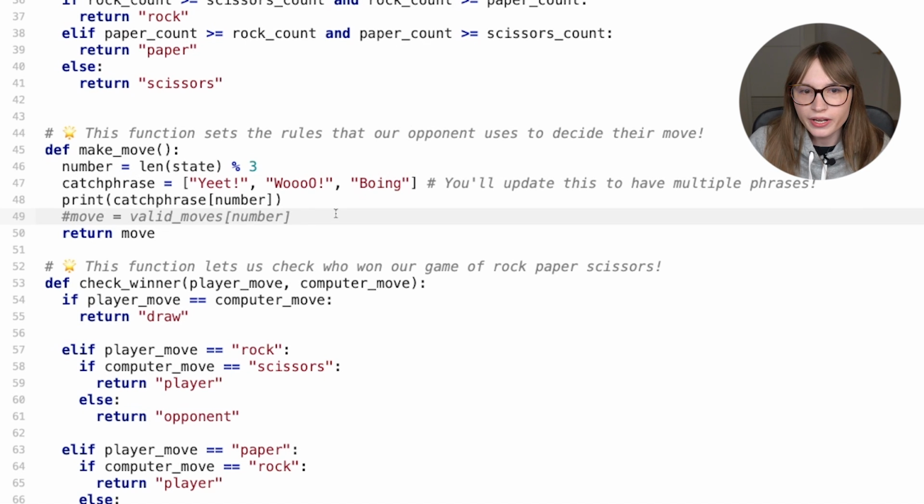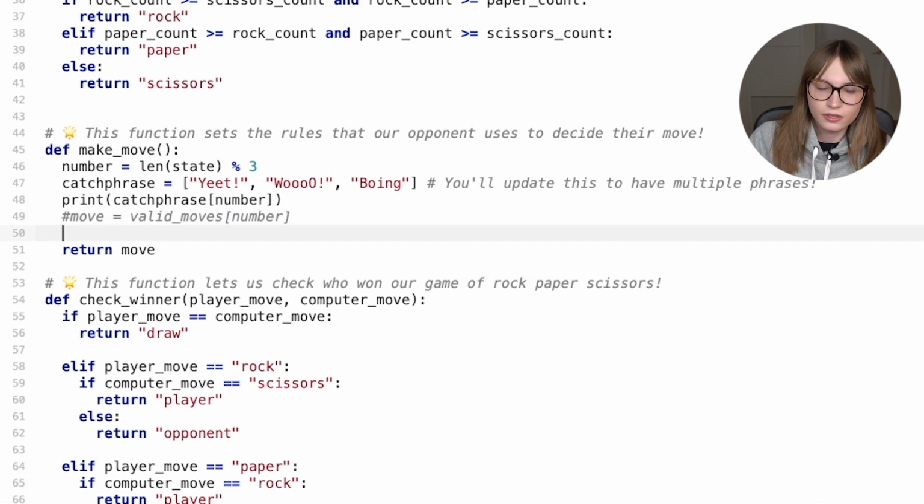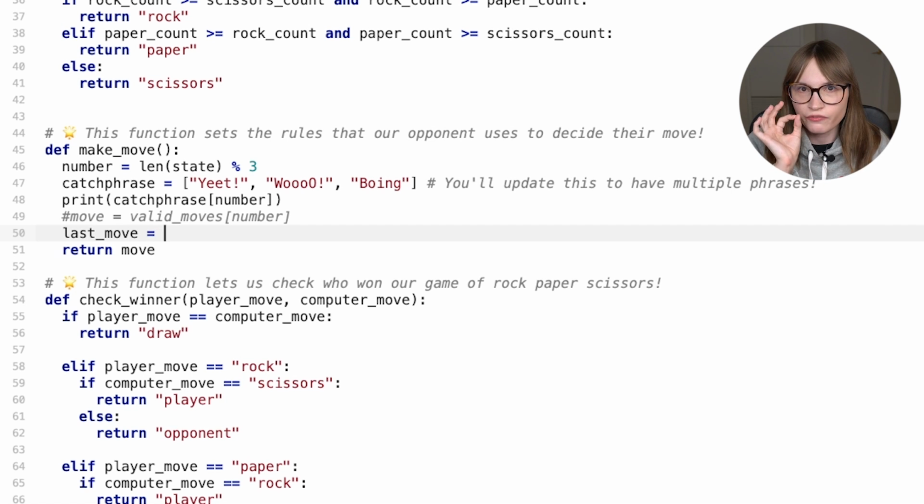Okay, next up, let's work out what our last move was. I think the best way to do this is to create a variable called last move. So let's try doing that now. Last underscore move. Now, last move, I want to be the last thing in our state. Because remember, our state stores a list of the moves that we've made. Well, actually Python makes this really easy. We can say this is equal to state. Now remember, state is a list. And it's going to be state minus 1. This means the last one, the first one at the end of the list. The magic that makes this work is the exact same thing as what makes our catchphrase work, just a little bit different.